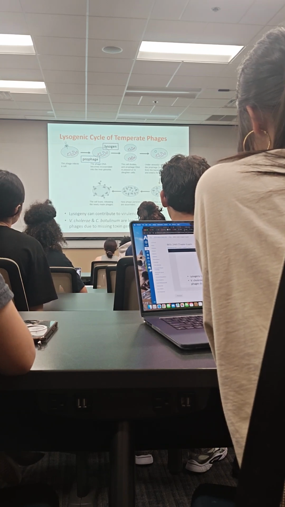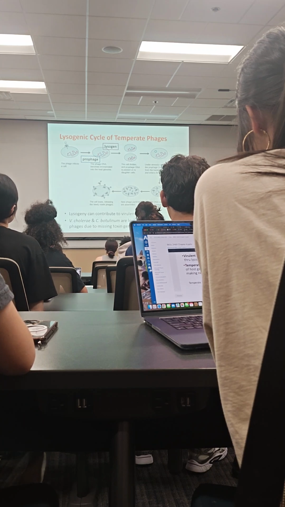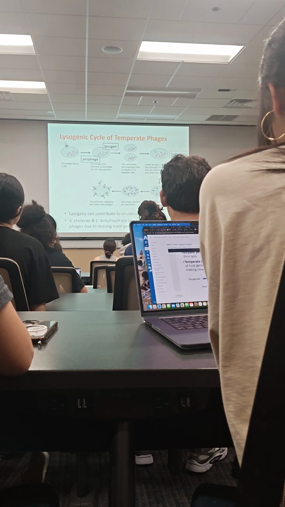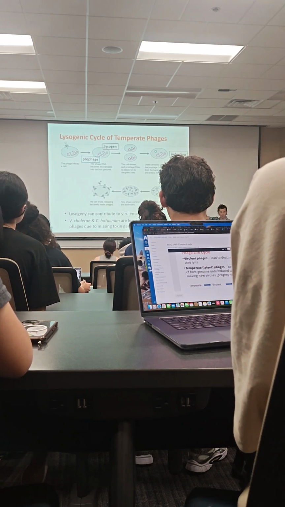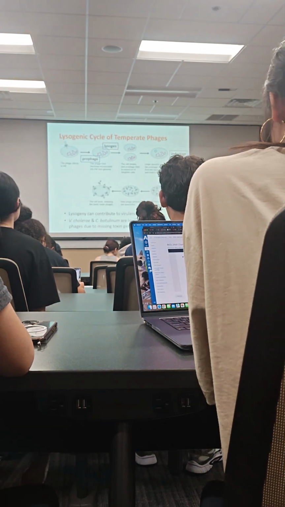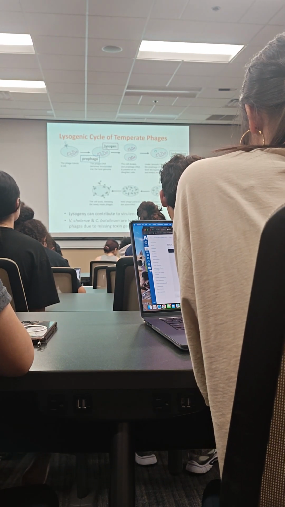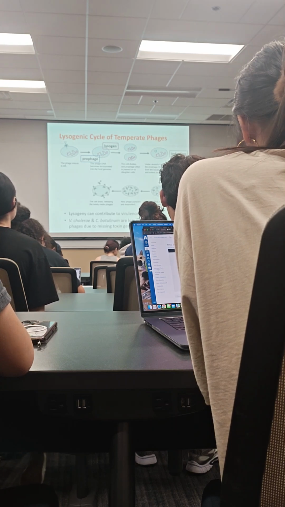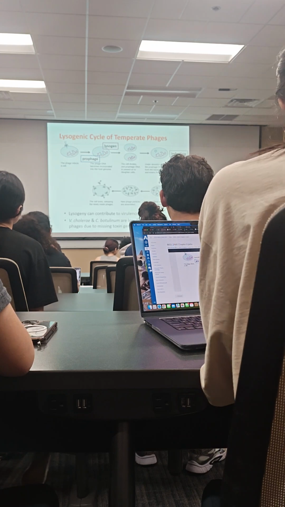It can spread. And then depending on some type of environmental cue, maybe a change in pH, maybe a drop in food supply, what's going to happen is induction. This is where the prophage will excise itself. Excise meaning it's going to cut itself out of that host chromosome, and then it's going to enter into the lytic cycle, become a virulent phage. So after it is induced, then it goes to